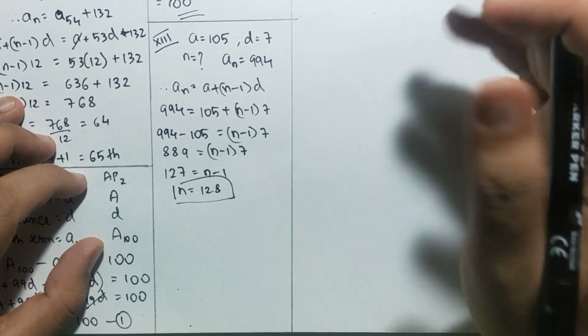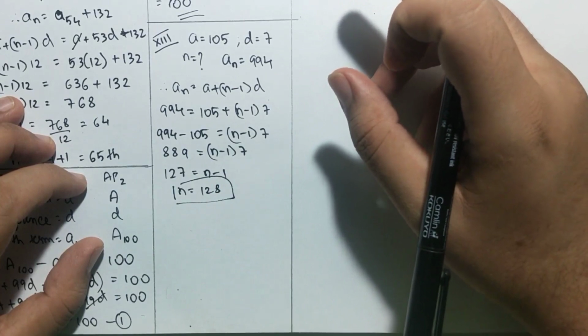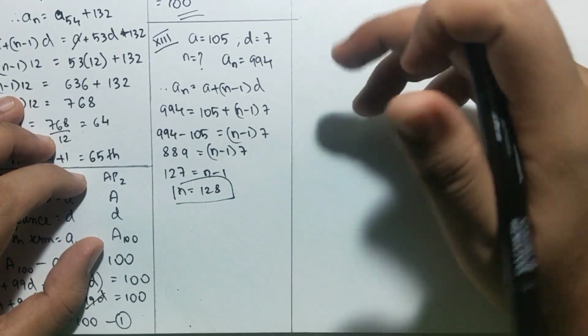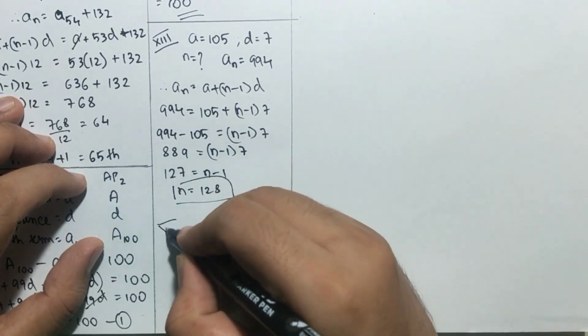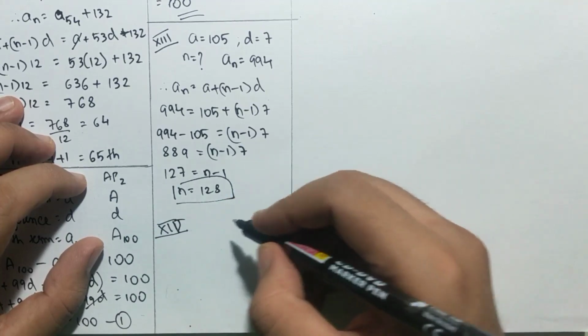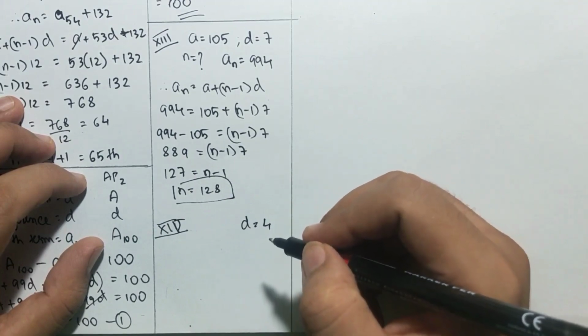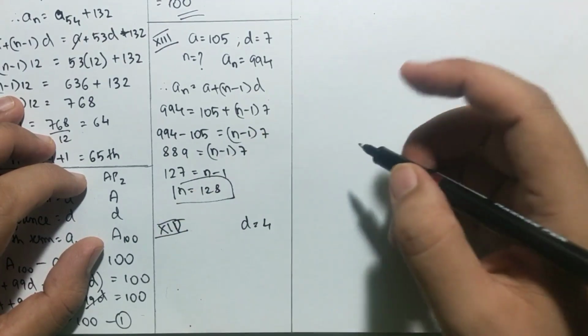Simple. Okay. I am giving the 14th one as homework. How many multiples of 4 lie between... I am just giving an example. Method explanation, you can do it by yourself. How many multiples of 4? Now multiples of 4 means the difference is 4, lying between 10 and 250.